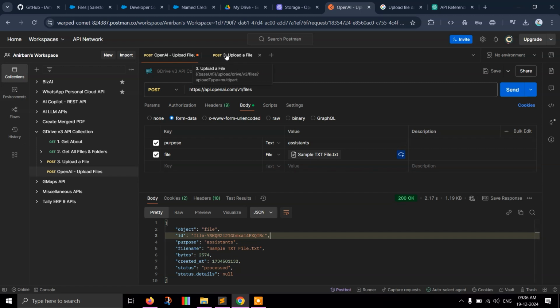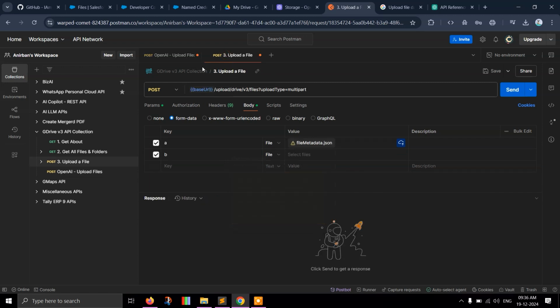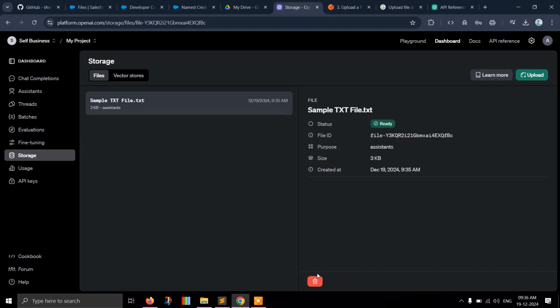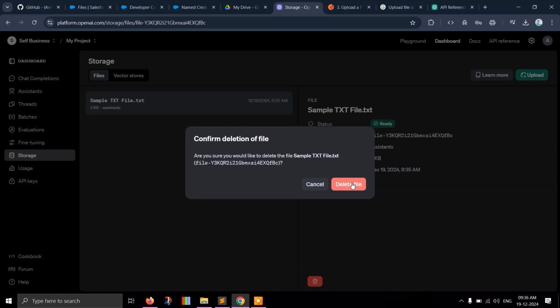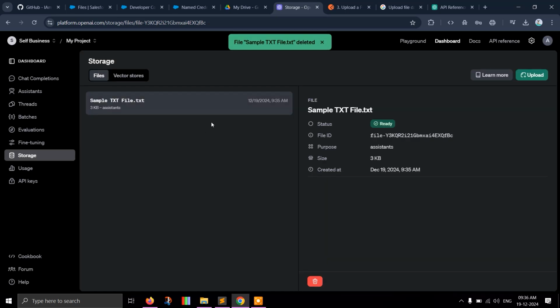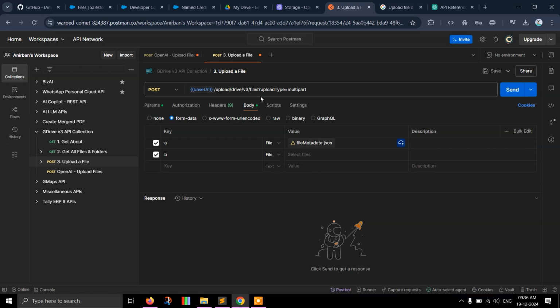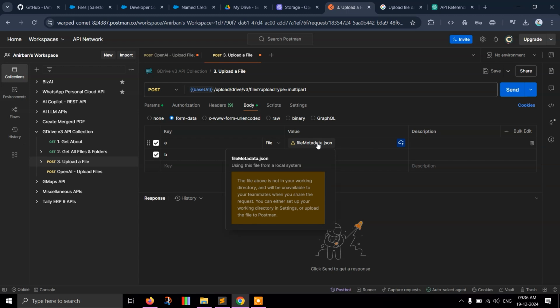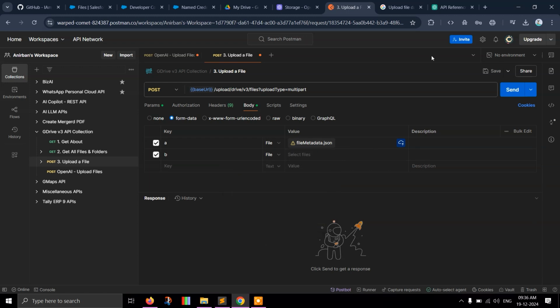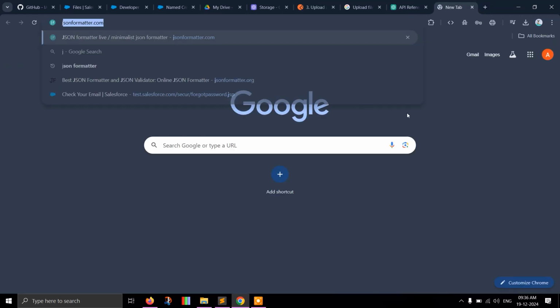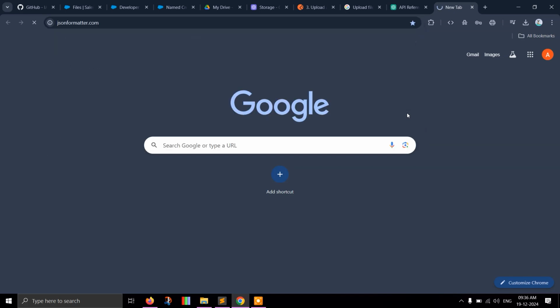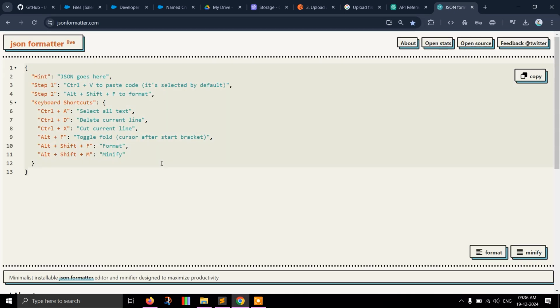So now I will be performing a file upload via Google Drive, just to show you another example. Okay, first I will be deleting this because I don't want to keep it. We'll be demonstrating from Salesforce. Now we'll be showing one more via the Google Drive. Now here we need the file metadata JSON. So what I will be doing, I will be just going to any JSON formatter, and I will be creating a JSON